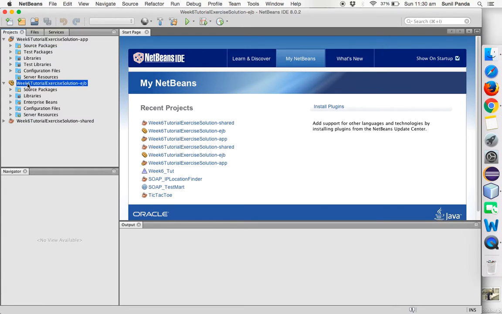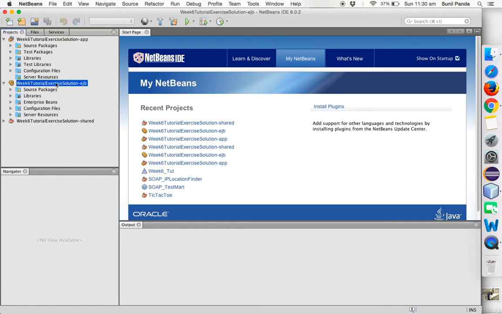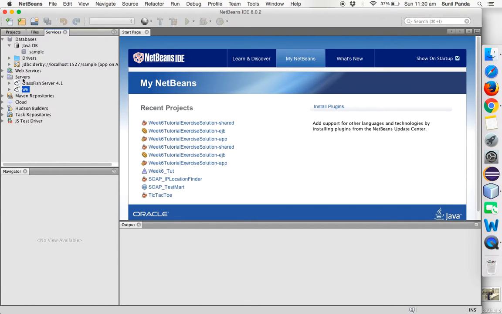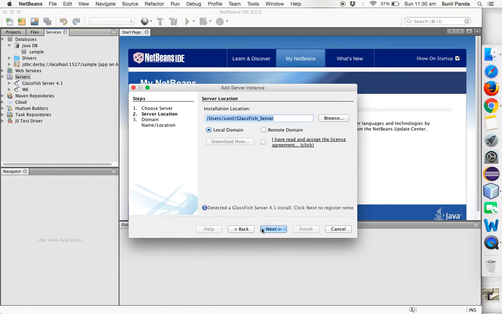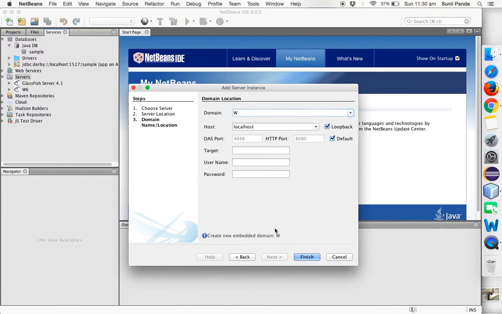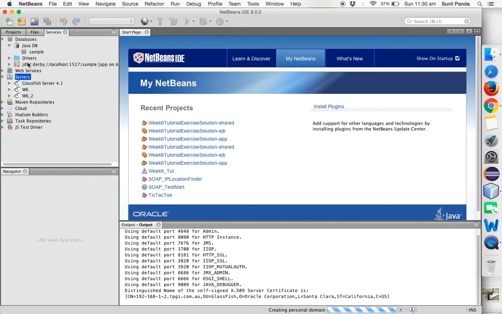So we know that EJB and the app, they both run on the server, and before actually creating an EJB, I'll have to create a server. For me it's W6, but for you I'll demonstrate how to create a server for the first time. So I'll be using week 6 underscore 2. For the first time when you're using it, you have to click this and download it. From next time it will just create an instance. So it created a server for me,